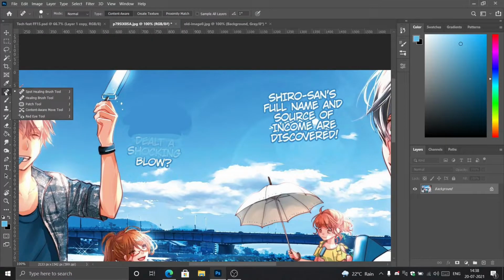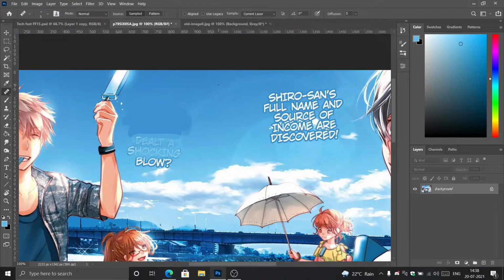So now the healing brush tool has a spot healing brush tool and a healing brush tool. So for the healing brush tool, what we do, we set a source. So we press Alt and it sets the source. You see that icon? That's setting the source. And now wherever we go, we will be copying that area. Like you can see the plus icon where we set the source. Now we are basically copying that area. So like if we go there, you can see I'm copying that area. That's the